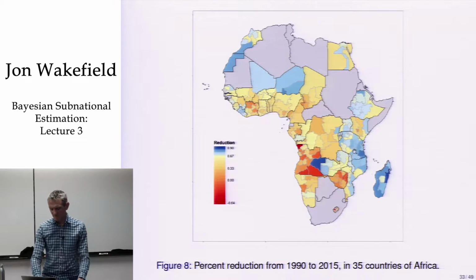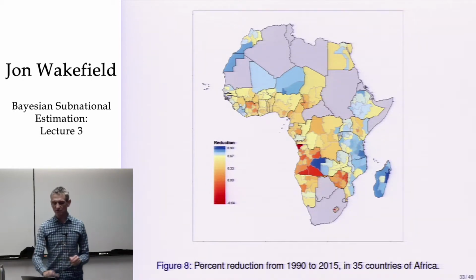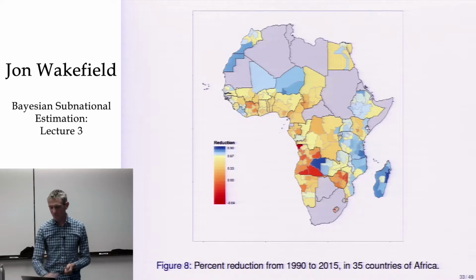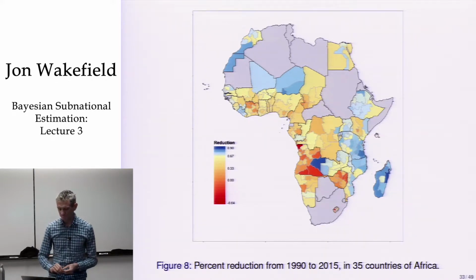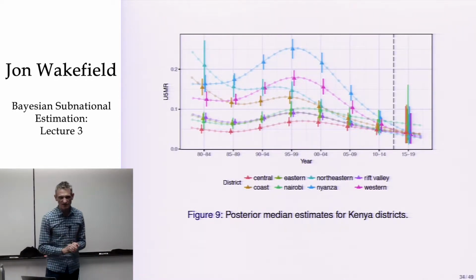Overall in these African countries we looked at, those goals weren't achieved. But we can look subnationally to see if these goals were achieved. Here in the 8 counties of Kenya, it looks like one area clearly achieved the goal, whereas some others definitely didn't. And this shows you what the results look like for one country. This is for Kenya, so we can see